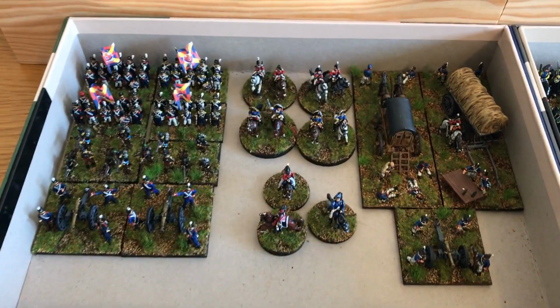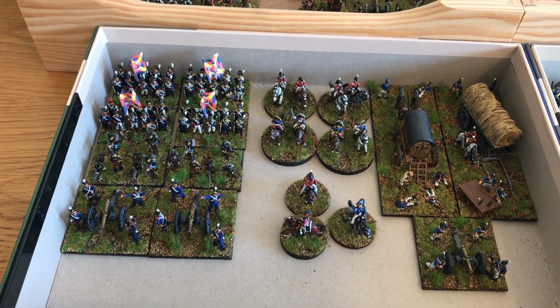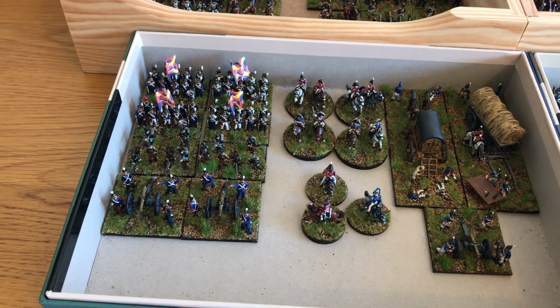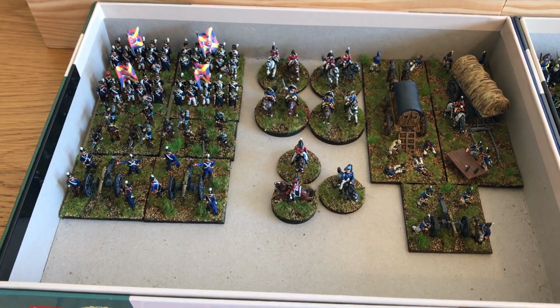Dropping over this way, these on the left are the Portuguese element, the Anglo-Portuguese army. Some lovely light infantry there, all APs again, artillery. No cavalry for the Portuguese, but they formed the Anglo-Portuguese army with the British. So,